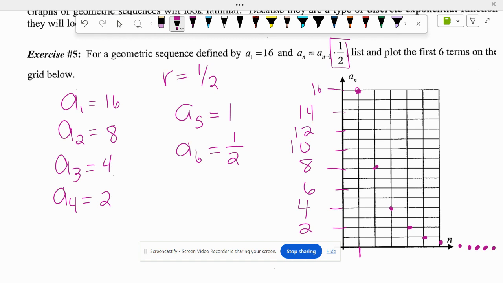Okay. So your homework is the last 2 pages, page